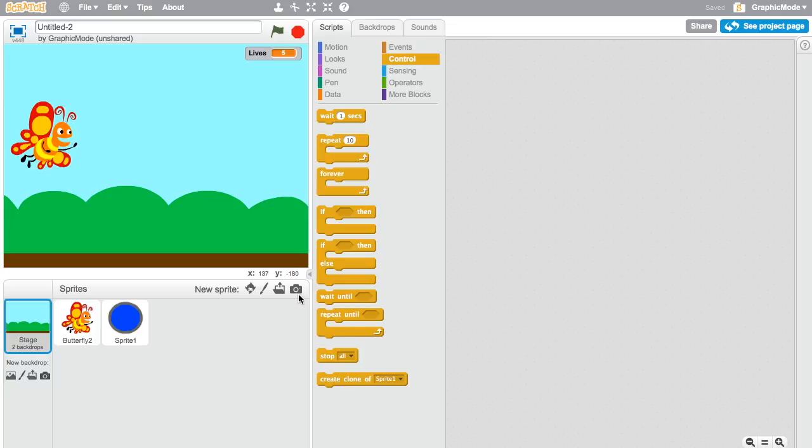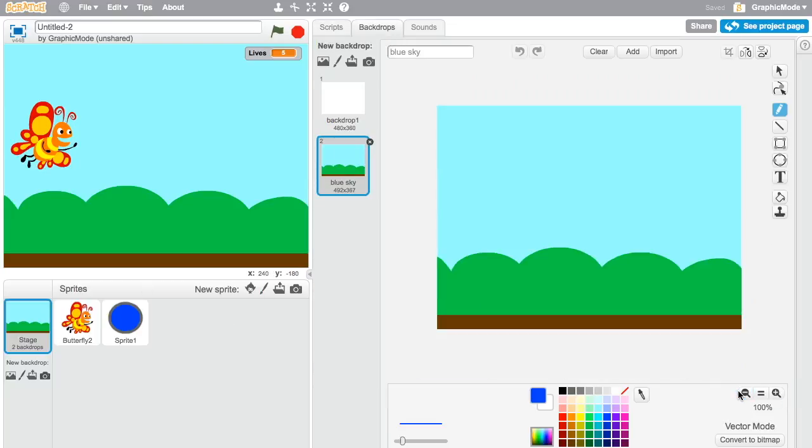If a person comes, they might not know what to do. We can add directions, and directions are simple. All we gotta do is go into the editor for the backdrops and click the T. This adds text. You can change the font as well. Choose the color of your text and click anywhere where you want to type, and then start typing your text. I'm gonna say